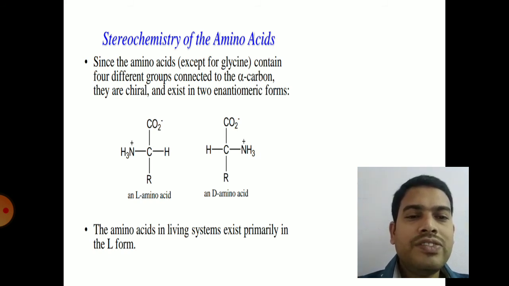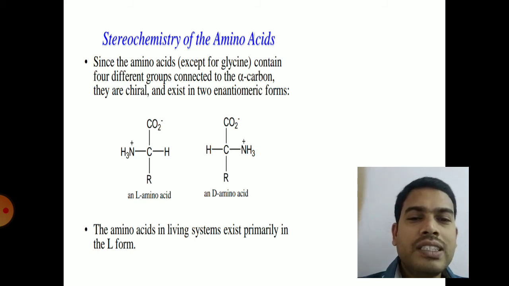So all the amino acids which we have mentioned are L and alpha amino acids. The proteins are made up of only L and alpha amino acids, not other forms. If you see the stereoisomerism, L or D of an amino acid is based on the position of the amino and hydrogen groups on the central carbon atom. You can see in the L amino acid, the amino group is present towards the left side and H towards the right side. And in a D amino acid, the amino group is present towards the right side and a hydrogen towards the left side.